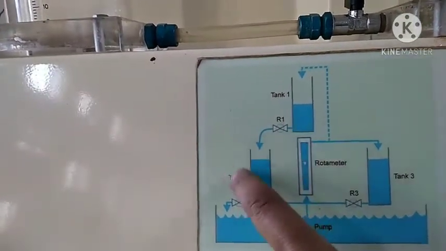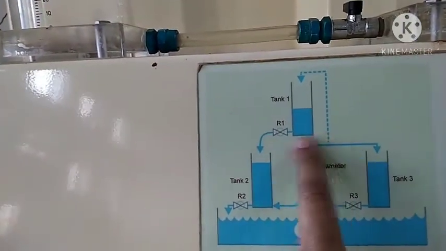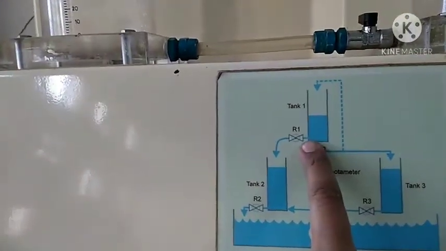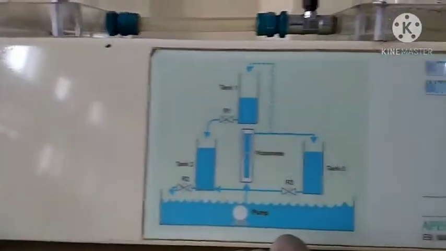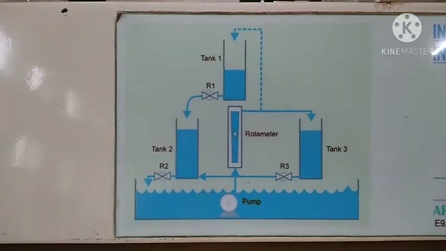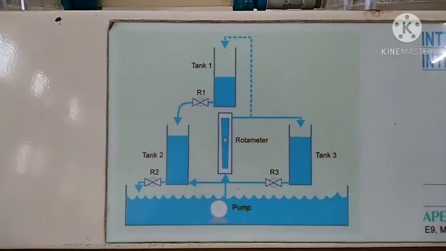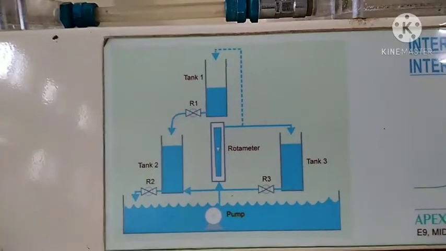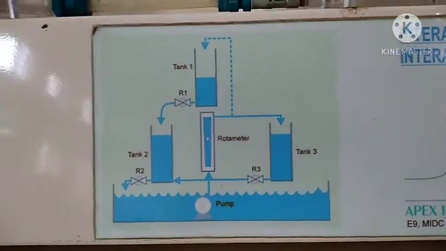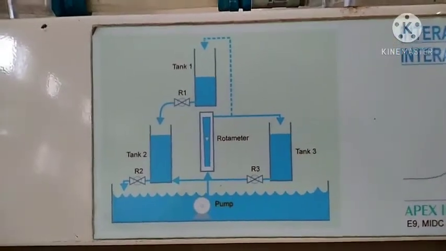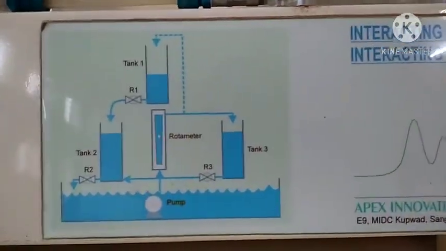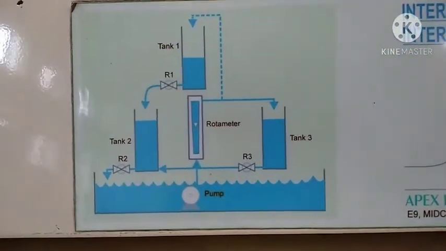There is no direct correlation between tank 1 and tank 2. The head of tank 1 will not depend upon the head of tank 2. So therefore there is no correlation, and this type of interaction is called non-interaction. Therefore we are going to calculate the time constant of the given system, and also use the appropriate equation to predict the height of tank 1 as well as the height of tank 2. Any one tank height can be predicted using the modeled equation.